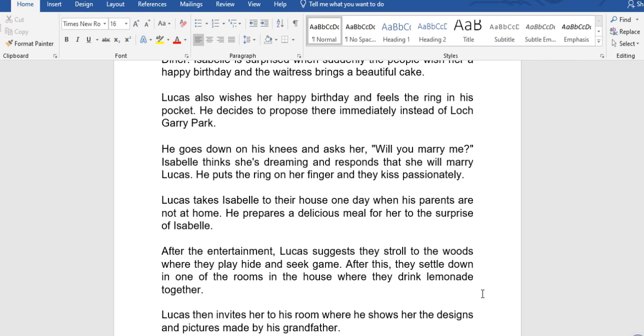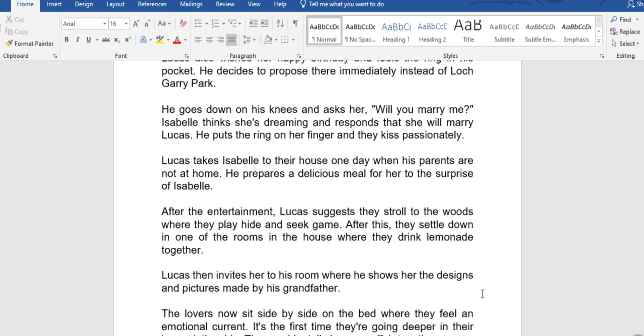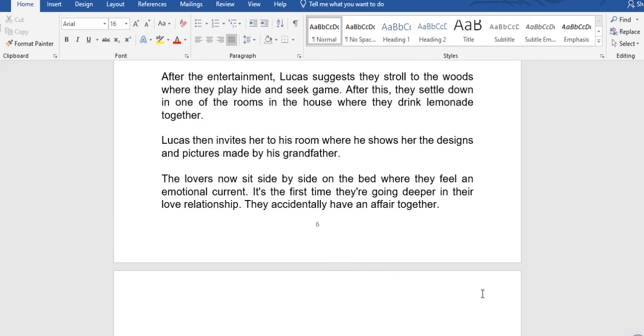Lucas takes Isabel to their house one day when his parents are not at home. He prepares a delicious meal for her, to the surprise of Isabel. After the entertainment, Lucas suggests they stroll to the woods where they play a hide and seek game. After this, they settle down in one of the rooms in the house where they drink together. Lucas then invites her to his room